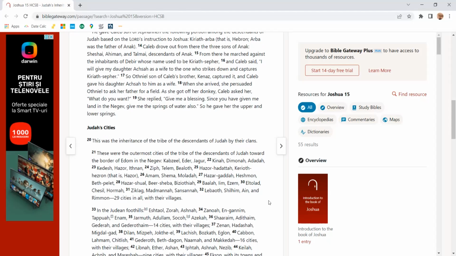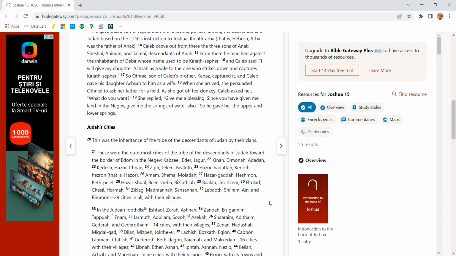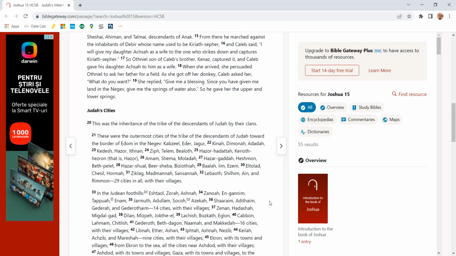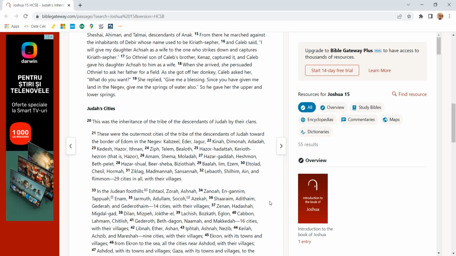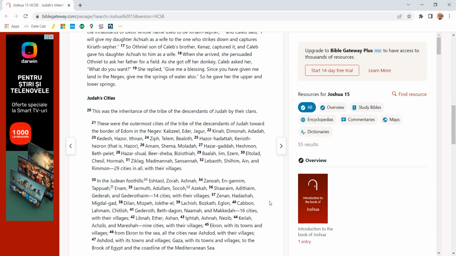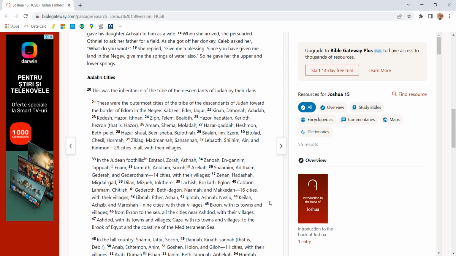From there he marched against the inhabitants of Debir, whose name used to be Kiriath Sepher. And Caleb said, "I will give my daughter Achsah as a wife to the one who strikes down and captures Kiriath Sepher." So Othniel, son of Caleb's brother Kenaz, captured it, and Caleb gave his daughter Achsah to him as a wife. When she arrived, he persuaded Othniel to ask her father for a field. As she got off her donkey,